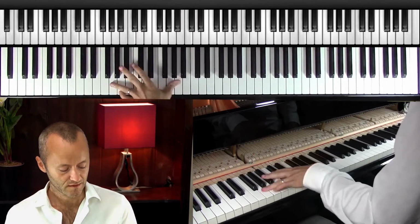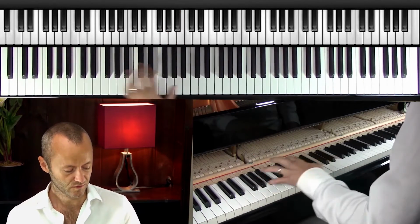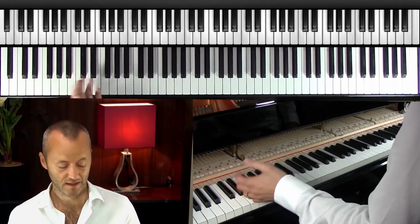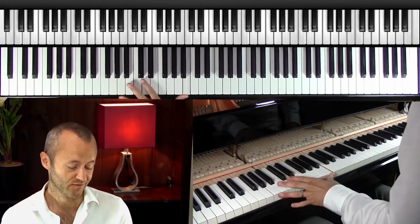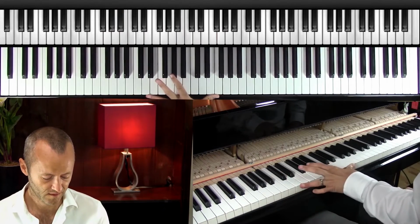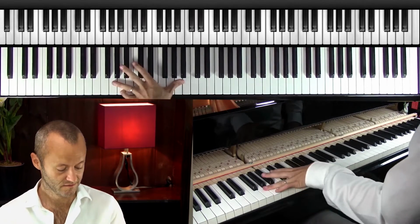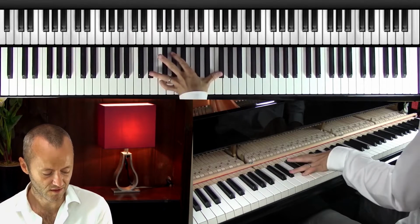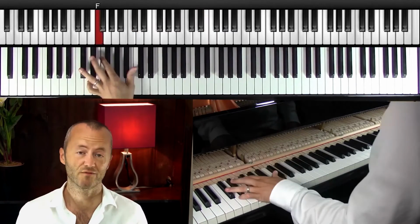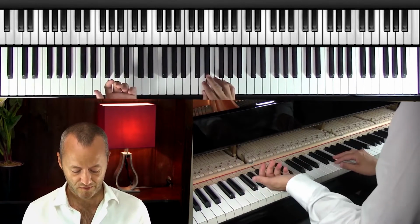So instead of playing the 1, 2, 3, 4, they often play the 1, 2, 3, 4, for example, and they played the 10th in their left hand. Art Tatum was constantly playing a 10th, and that's hard to do if you have small hands, like I do. So for example, he could play